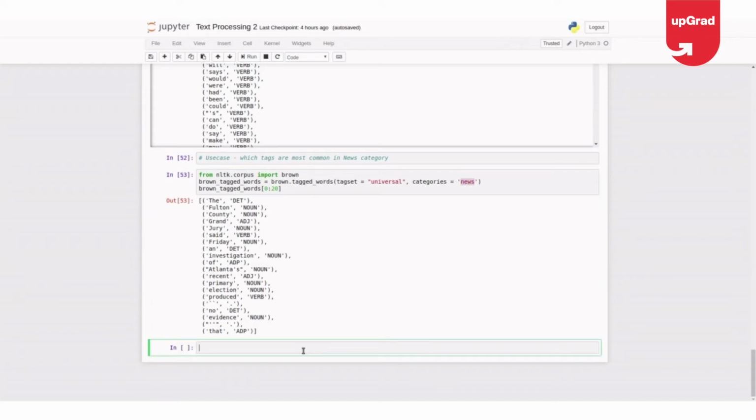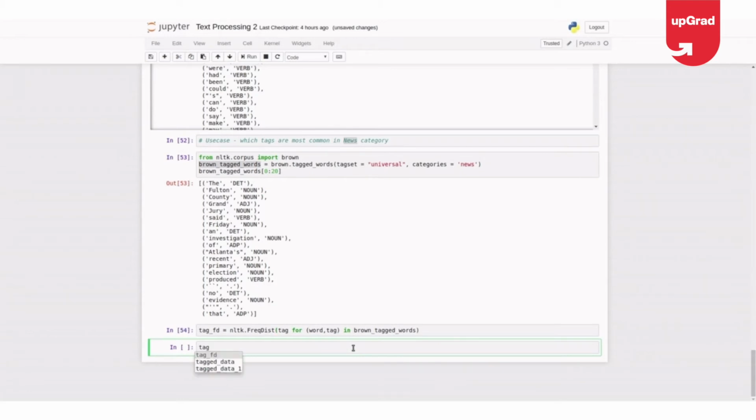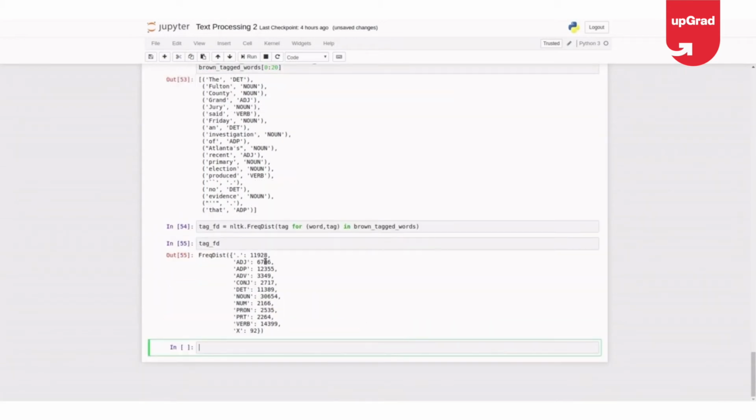Now again, as per our use case, which tags are most common in the news category? We already got the news data now. Let me see what are the most used words. Okay. tag_fd, again, equal to nltk.FreqDist of tag for (word, tag) in brown words, the tag_fd. So you can see in a news article,